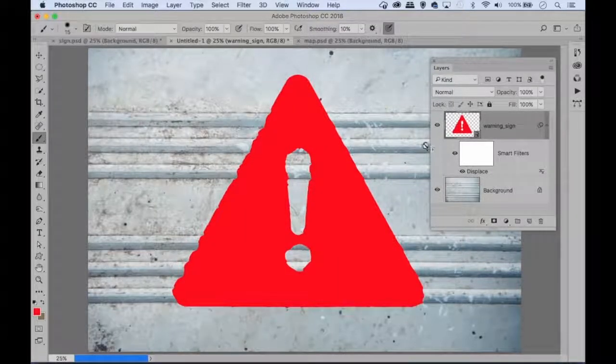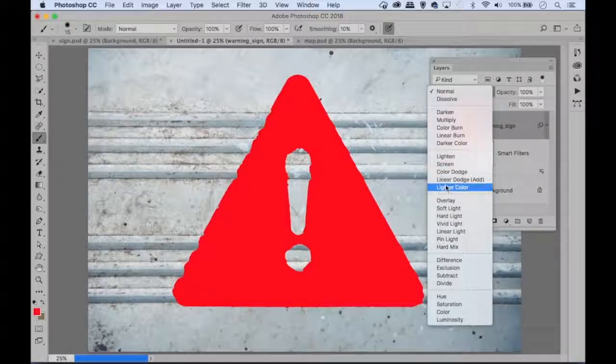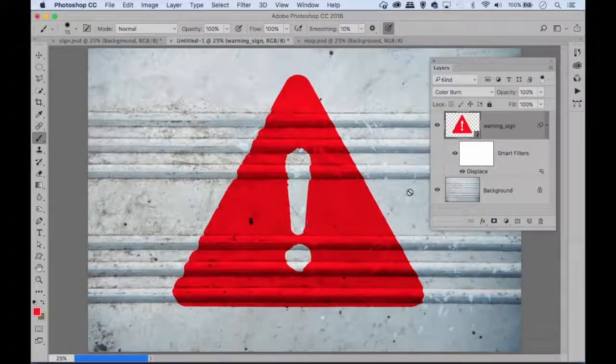Now I'd like to blend my sign more naturally in with the rest of the image. So to do this, I could perhaps choose a different blend mode. So I'm going to change this from normal. I'm going to go for one of these blend modes here, color burn, and you can see the effect that has on my image. So now I can judge the displace effect more precisely, and I'm finding it's still not